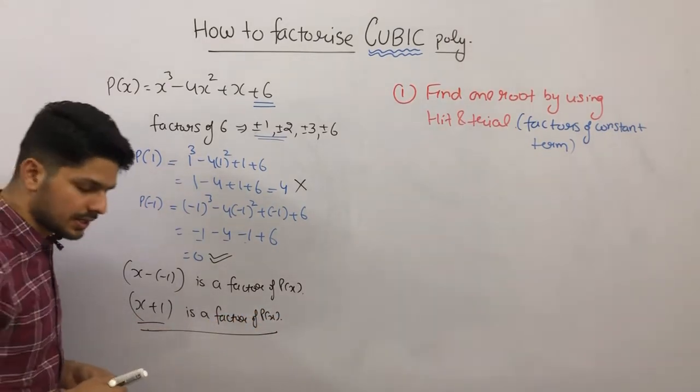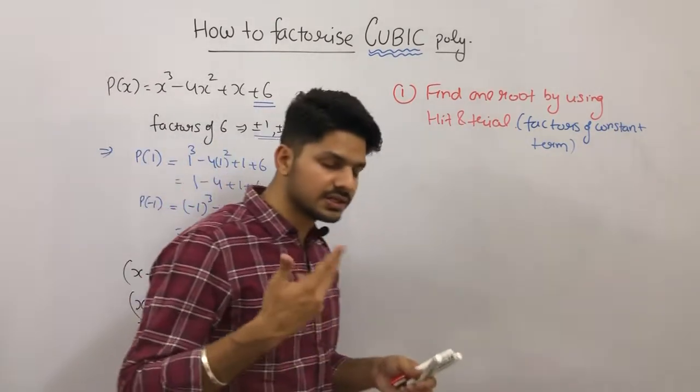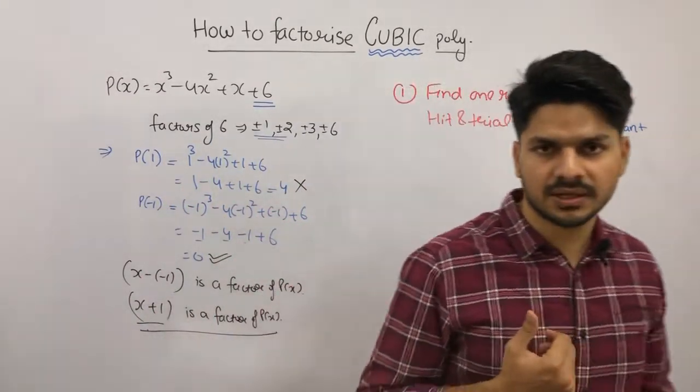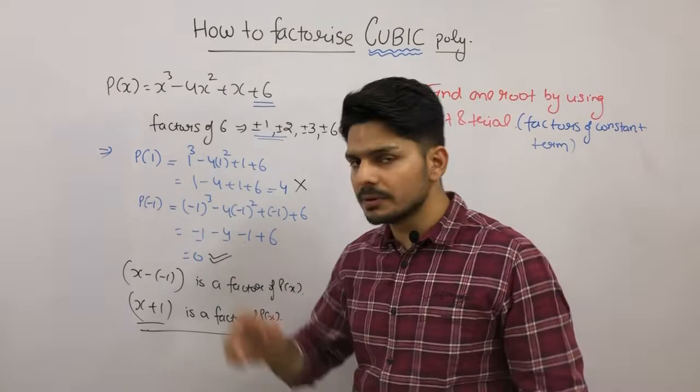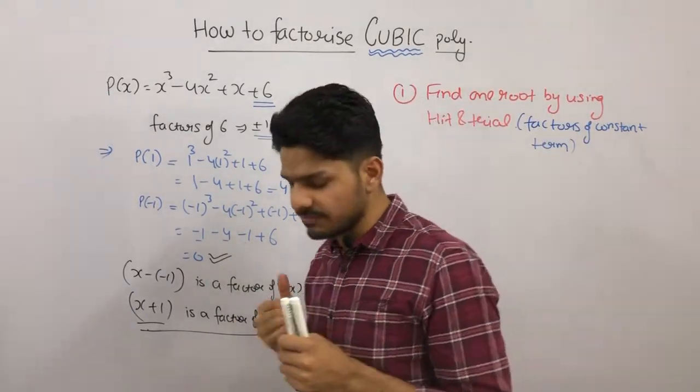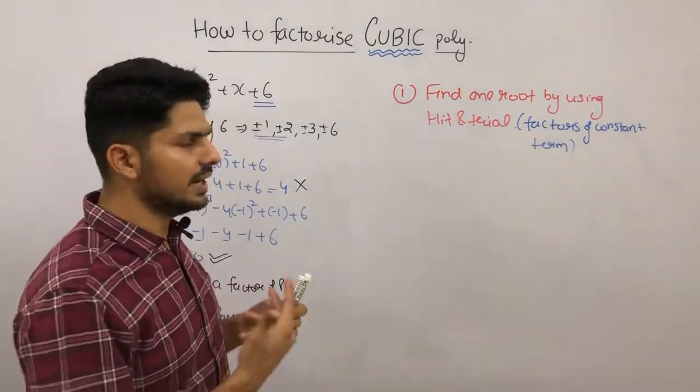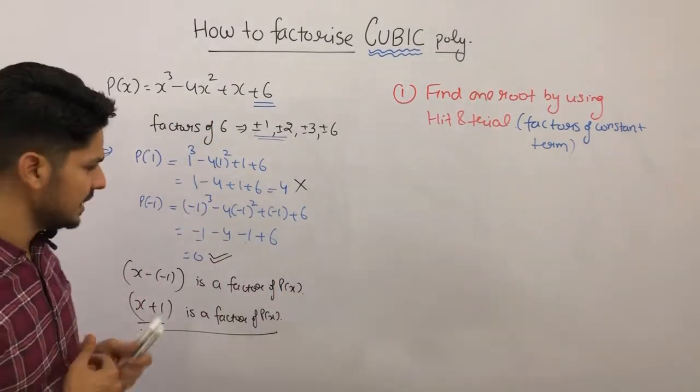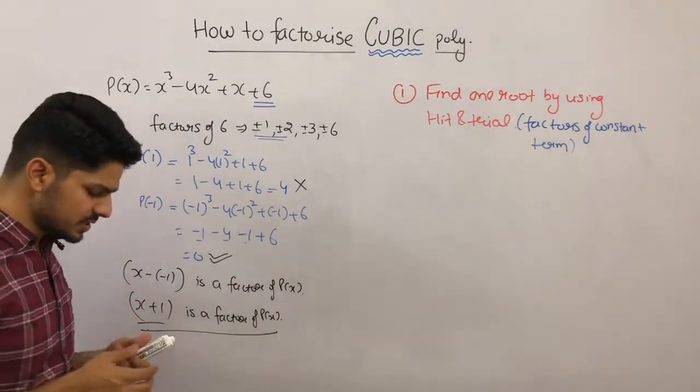Okay. Now, sir, how to find the further two more factors? Why two more? Because it is a cubic polynomial. It will have maximum 3 factors. So, remaining 2 factors, how to find? Let us see. So, step 2 is